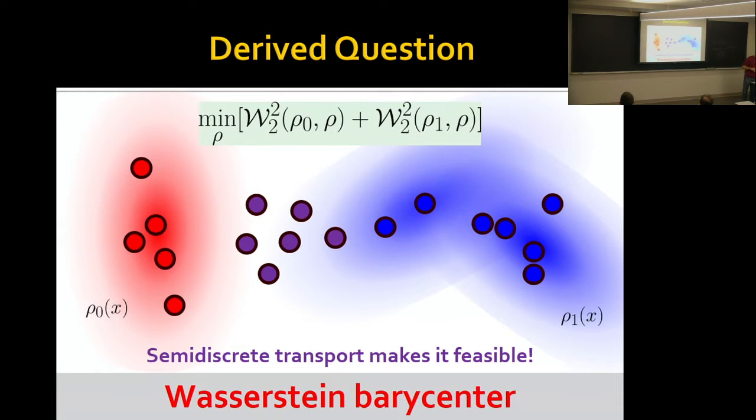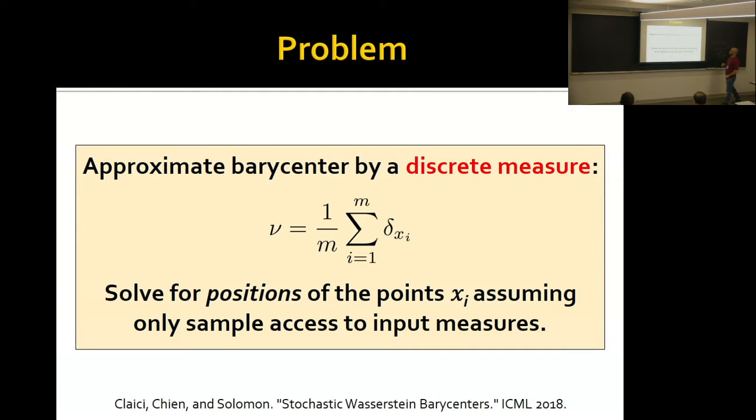And so we have an interesting piece of progress, which is a funny halfway point that says, if I have a piece of machinery for sampling from these two distributions, we can come up with a way to approximate the middle distribution using a finite, prescribed number of points. It's not quite the same thing as sampling from the barycenter. So here's a basic setup. We'd like to approximate that measure with a distribution of this form, where these points are the unknowns.